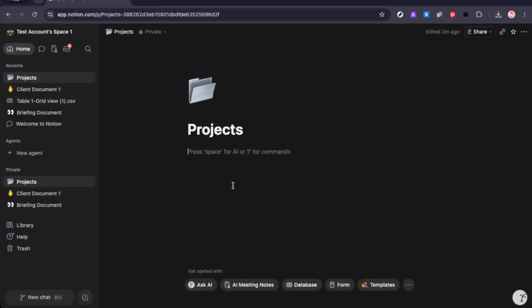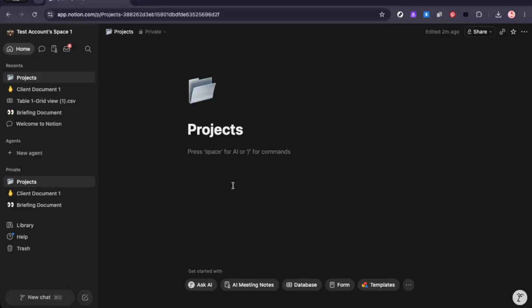Now, before we continue, there's one important thing to understand. Notion does not currently offer native password protection for individual pages. In other words, you can't directly assign a unique password to a single Notion page using Notion's built-in settings alone. What Notion does allow is account-level security, such as protecting access to your overall account, and page-level controls like preventing edits. So if your goal is to stop someone from changing the content, Notion can help with that. But if your goal is to require a separate password before someone can open a specific page, you'll need to